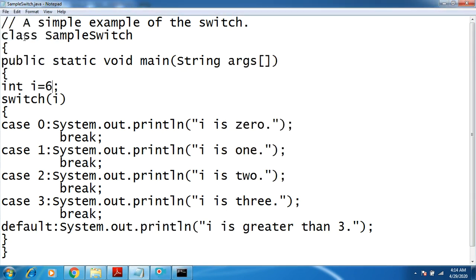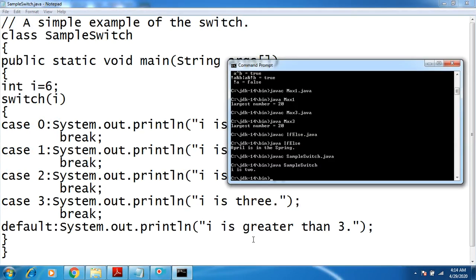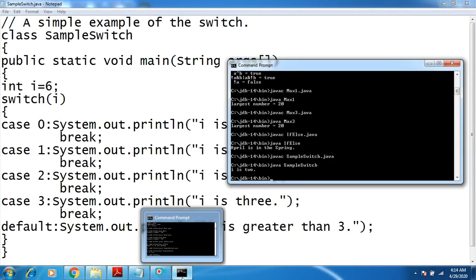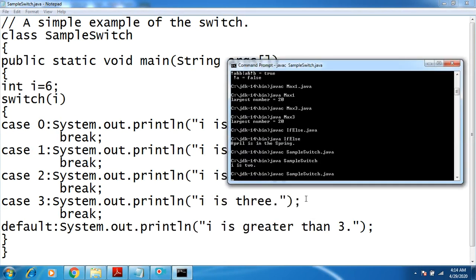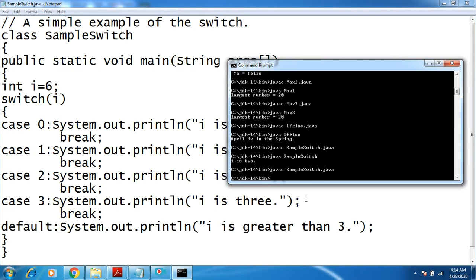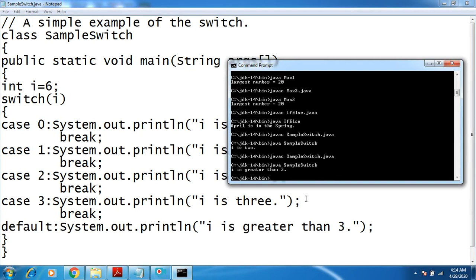After doing the changes, save the program, compile it once again, then run it. Now we'll get the message i is greater than 3, which is the default one. So these are the simple control statements, which we call branching in the Java programming language.